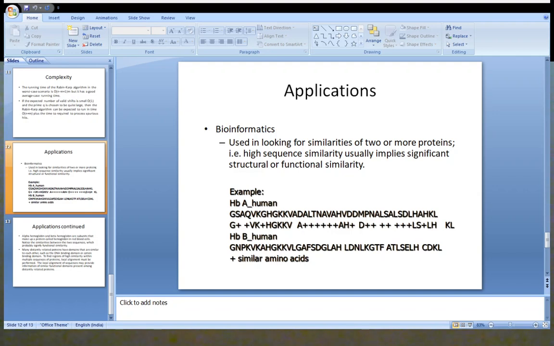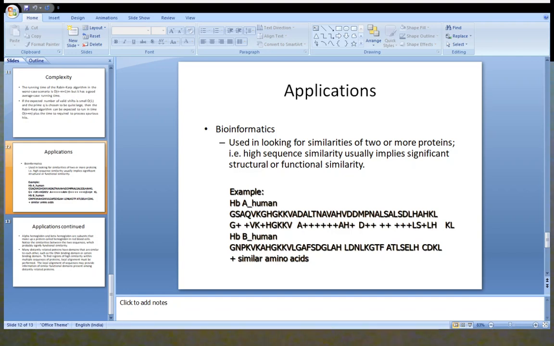In genetics, there are a number of genes which come from different persons, but if we find a certain sequence in two genes, we can find the relation between these two, and similarly we can identify a relation between the two persons and the